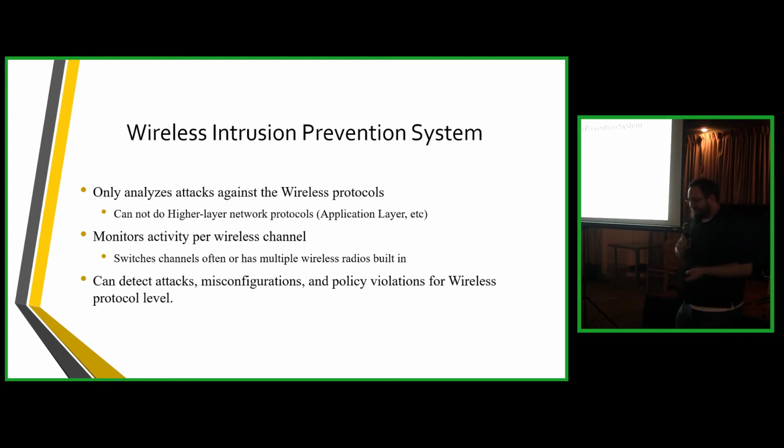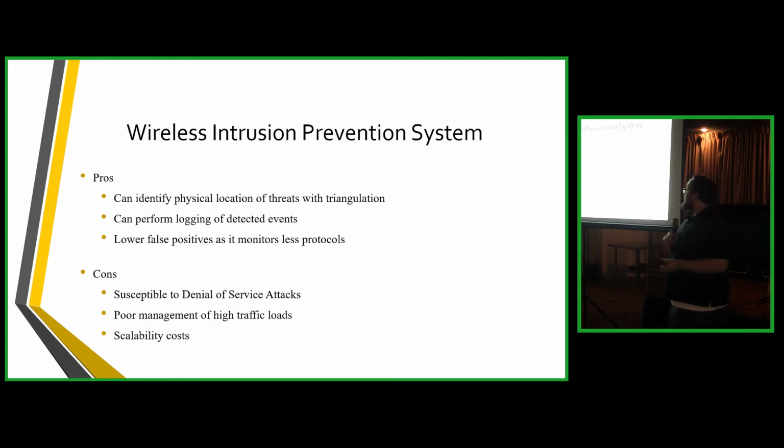an unwanted visitor. So pros, you can identify a physical location. If you're set up, you can triangulate, say, if someone is setting up a rogue device, you can try to triangulate and find the actual physical location of that. It has a lot lower false positives than the other devices for intrusion prevention. That mainly comes back to the fact that it's not scanning a bunch of different layers. It's really only scanning the one layer, so there's not too much customization, not too much potential for false